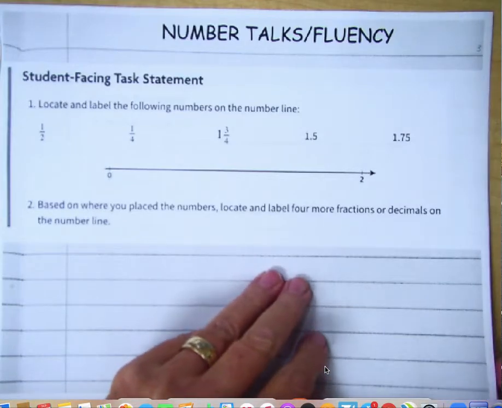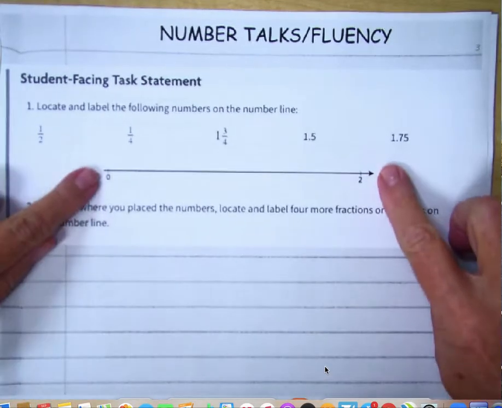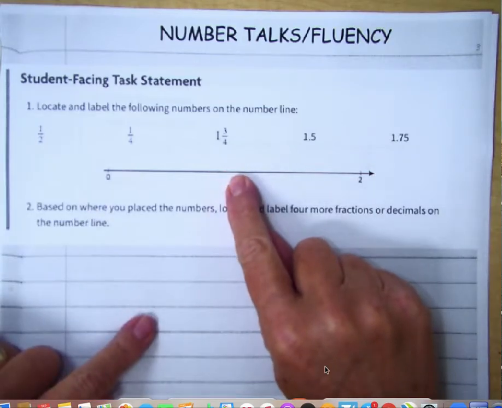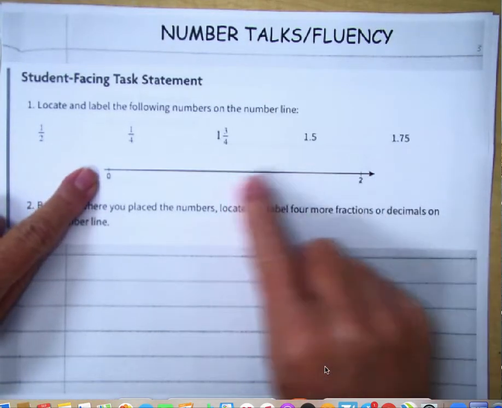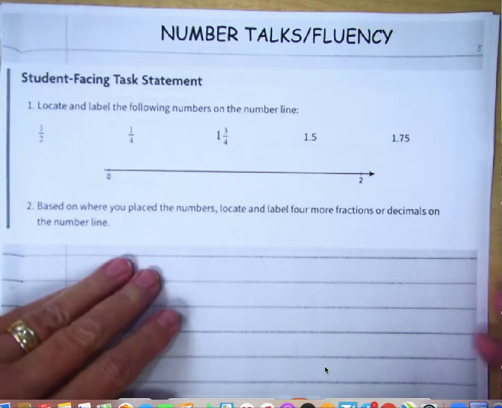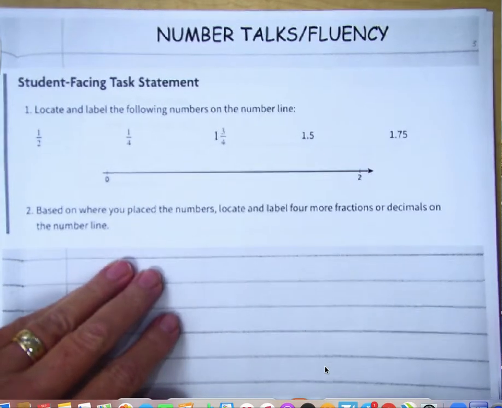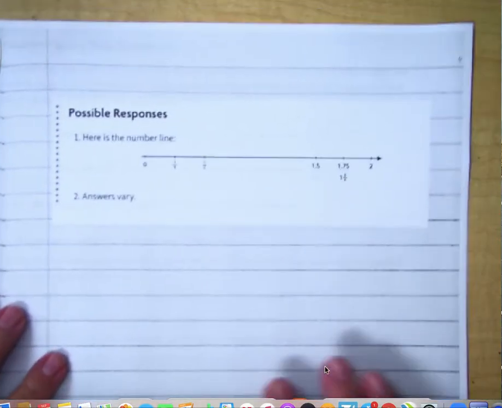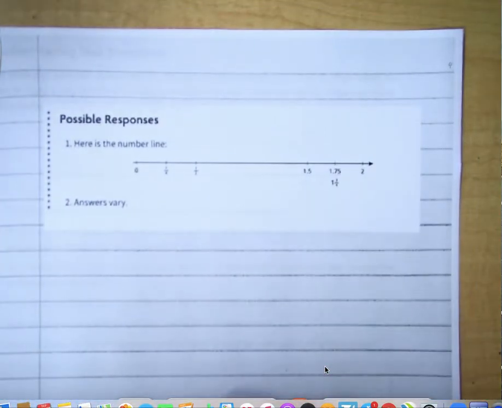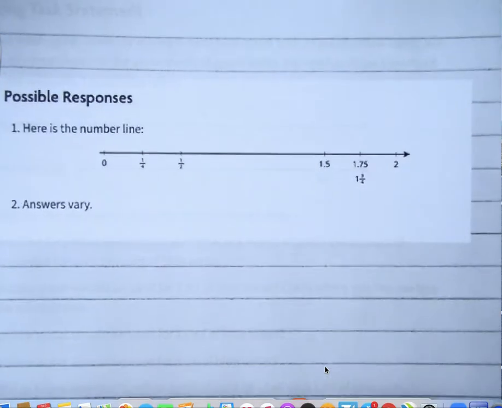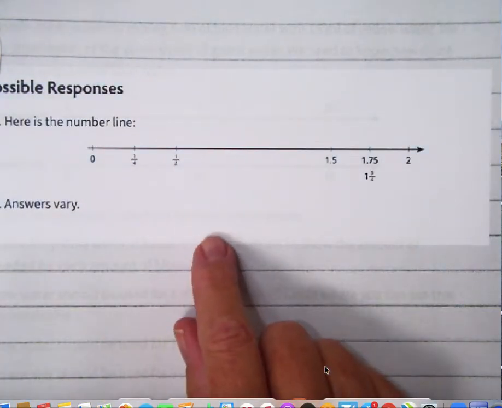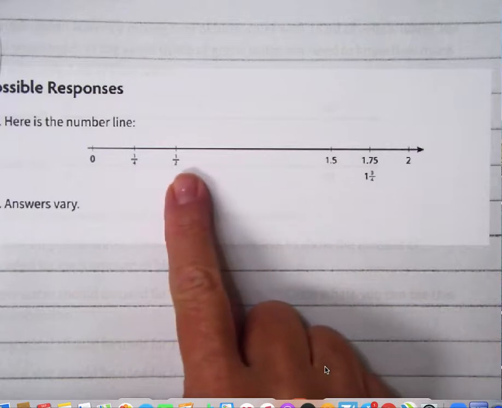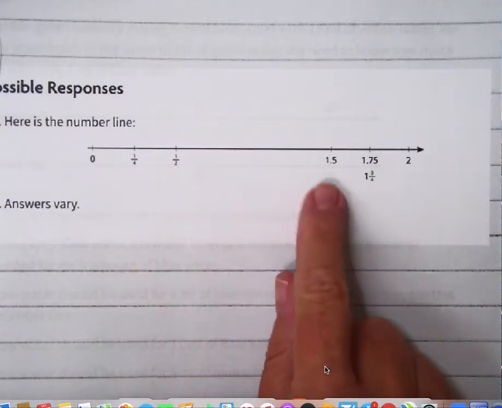Okay, so coming back together, what should go right in the middle here? If this is 0, this is 2, the middle should go 1. That's how you need to start. You need to start placing things relative to other things. So even though you weren't asked for 1, you need to know where 1 is so you could put a half,